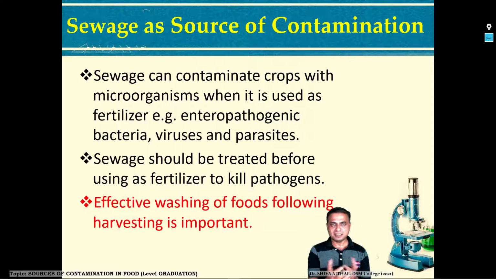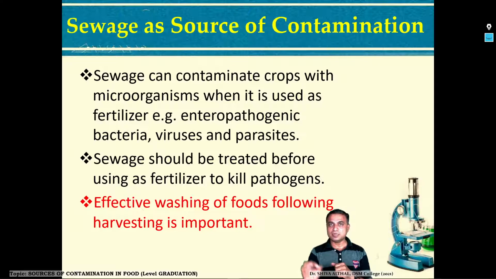Sewage, as I just said, can also be a source of contamination in food. Milk is also food. Plant sources like vegetables and fruits are also food. Meat, egg, milk, these are also food. All can be contaminated with sewage, because every part needs water for washing, cleaning, dilution, cooking. If this water itself is not clean, if it is coming from a sewage source, how is this possible? We saw it in water microbiology and sewage microbiology. Sewage can contaminate clean water, and clean water which is used for food processing can get contaminated.